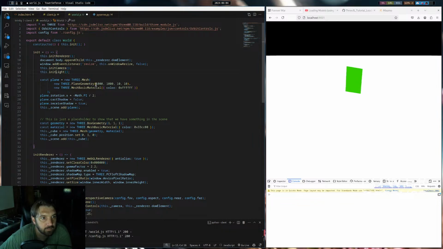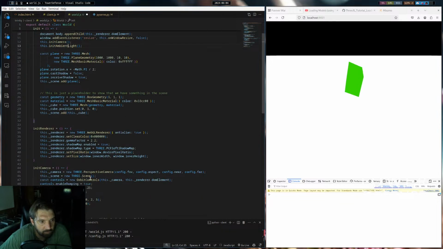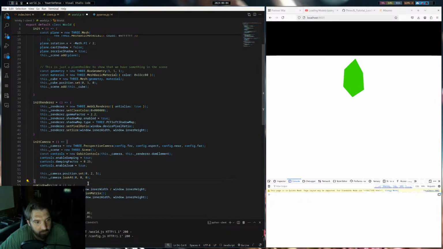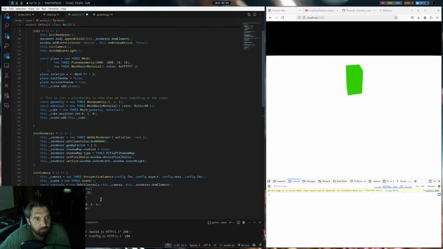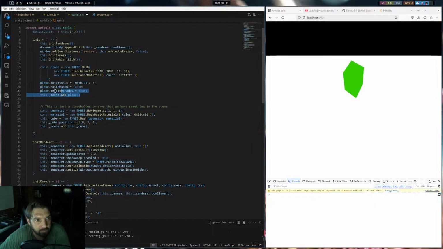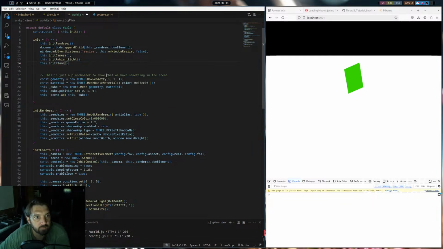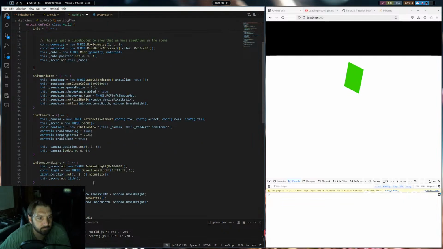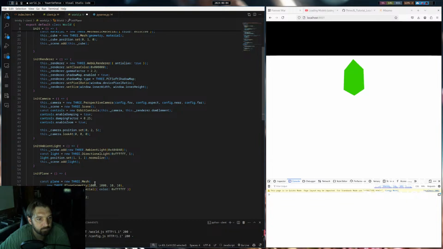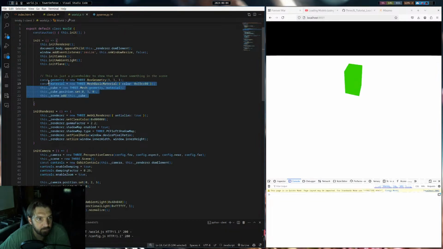init ambient light. This way it'll be just a lot easier to find our code. We can fix it later. All of these things will have access to each other. We can say this init plane. And then